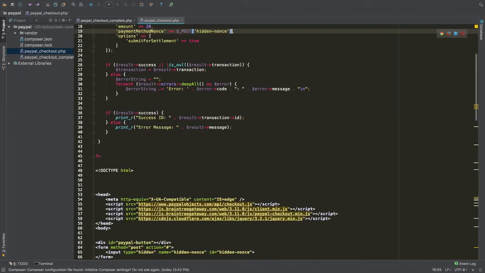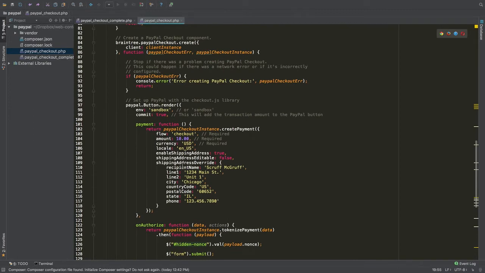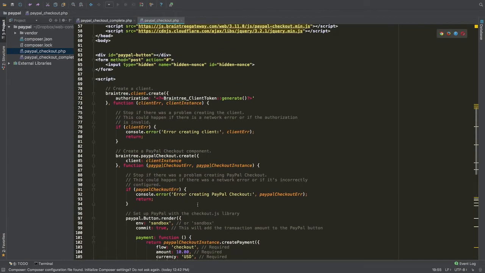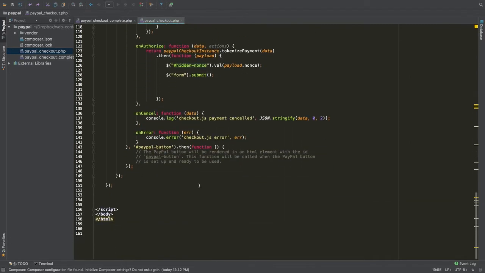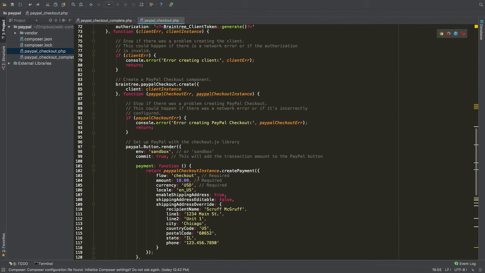What I do recommend you guys doing though is just testing it the way it is now, making sure everything works, and once you see everything is working, then you guys can add the PHP variables. And I would actually do it step by step. So I would do the amount first, and then maybe the recipient name, the address, the city, do another test, and then do country code, postal code, state, phone, and then test it again, making sure that everything is working properly. Alright, now that we got everything filled out on this page, let's go ahead and check to see